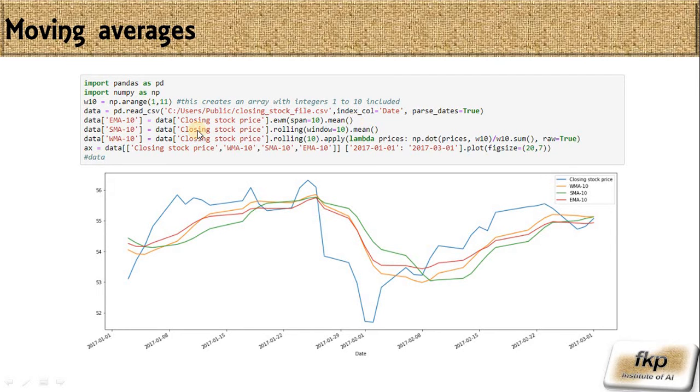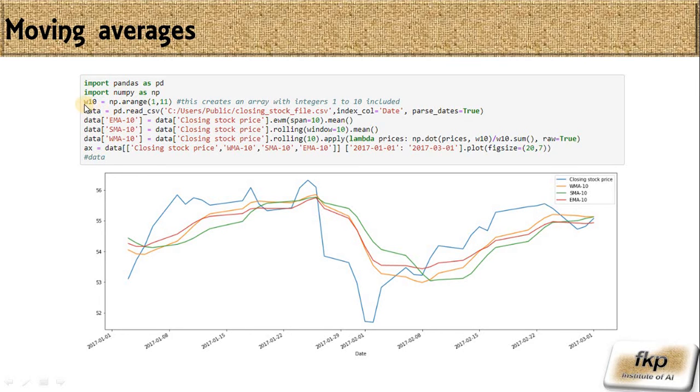This one is the simple moving average, the first one in our session, where I have taken a rolling window of 10. And this is the weighted moving average. There is no ready-made function to perform this in pandas, so we are calculating it manually. I am going with a window of 10.